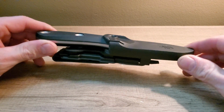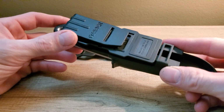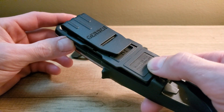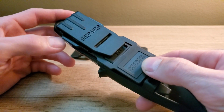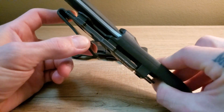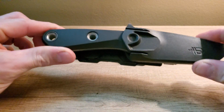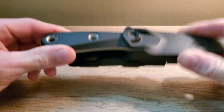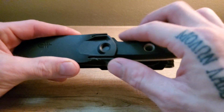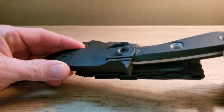First off, we'll talk about this sheath here. It's very interesting, very versatile, and I do like it a lot. Now we can see pretty good stamp there, made in the USA, Portland, Oregon, Gerber. This is the belt clip part of it here. It's very secure in this sheath. It clicks into the first lashing hole. You can see there's 3 of them on the handle,